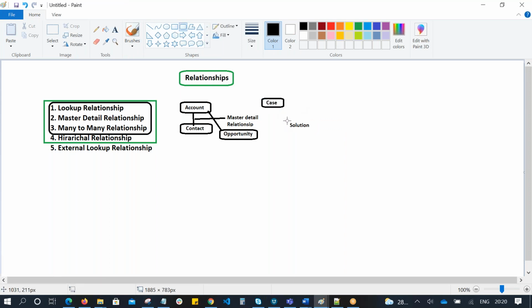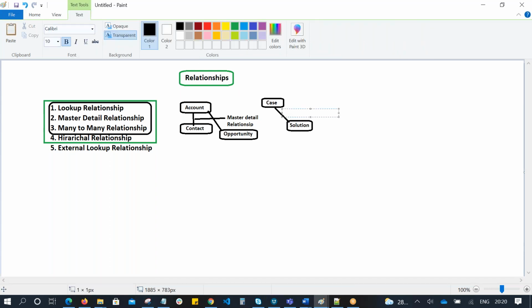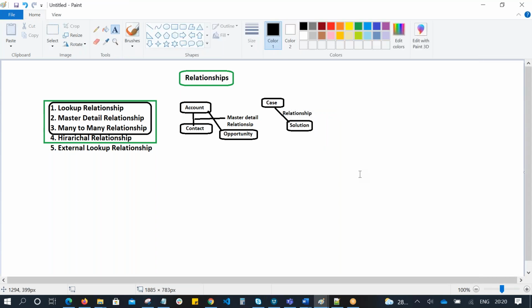Between case and solution, there is a lookup relationship. Case and solution have a relationship.